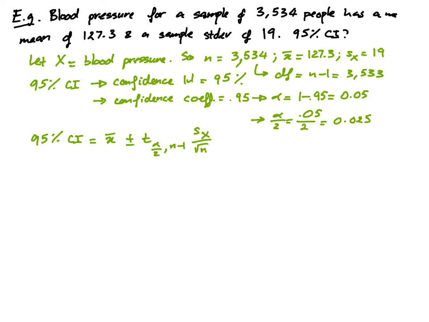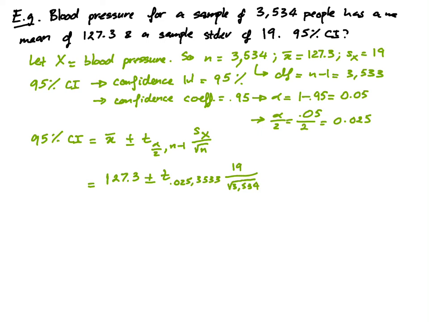Okay, so X bar here is 127.3 plus minus t of 0.025 with 3,533 degrees of freedom times 19 divided by the square root of 3,534. Okay, so the only thing we need to know in order to do the calculation is a t value,